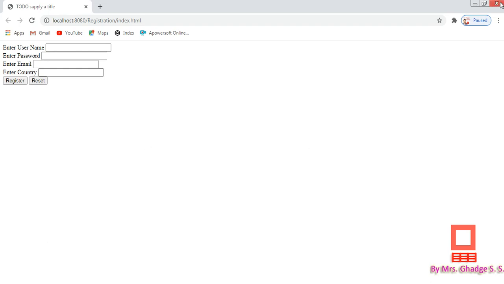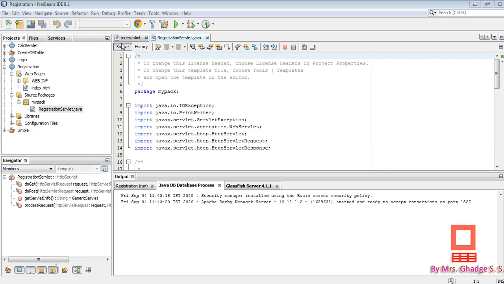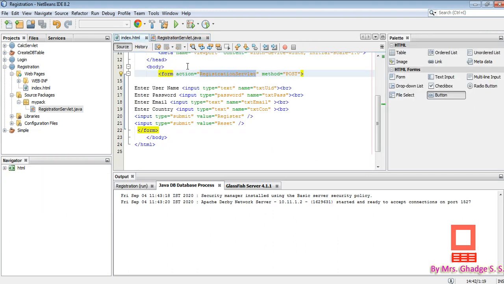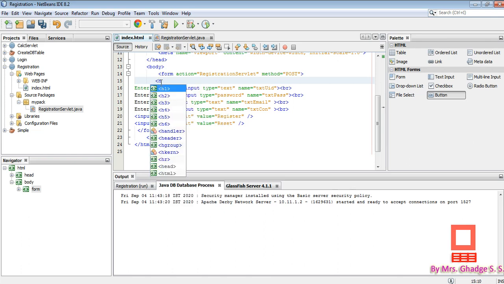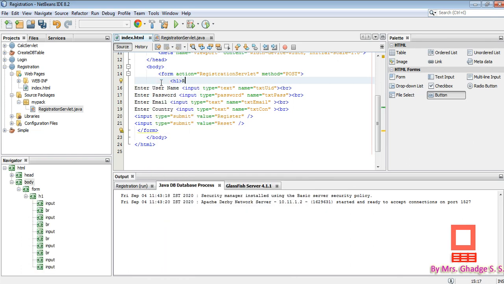Okay, so let us first write here one message in index.html form. Suppose we write in h1 tag, enter registration details below.